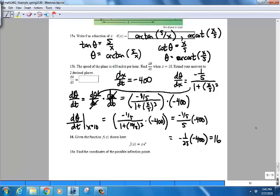By the way, what's the rate there? What are the units of measure? Remember, this is d theta dt, right? So this must be what? No, it's not miles per hour. This is d theta dt. So what's the unit of measure for the angle there? What units of measure do you use for angles? Could be degrees, but I don't think this is degrees. This is what? Radians. Yeah, this is going to be radians per...